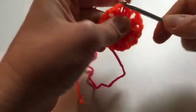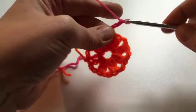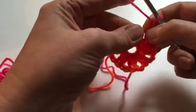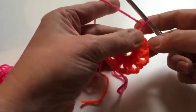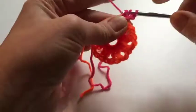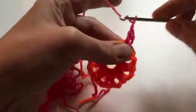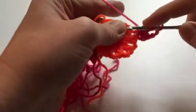I'm loving all these bright colours. So let's join the pink, and we're going to do more clusters on this row. So in each of those spaces there's going to be two treble clusters separated by 2 chains. So in the first space we do 2 chains and 1 treble in lieu of the first cluster, and then 2 chains and a 2 treble cluster. So through the first part,